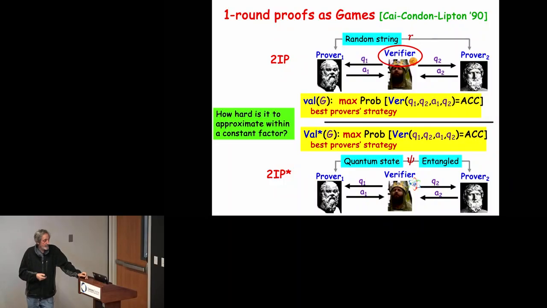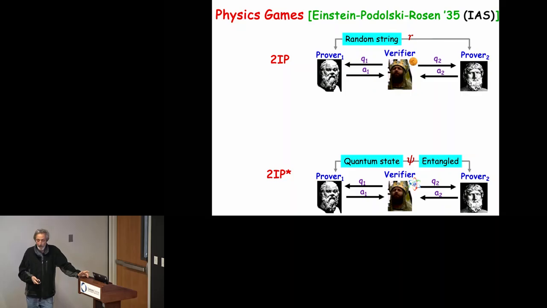For computer scientists, as I said before, the question is how complicated computationally is it to compute or to approximate these values, and we already know the answer to these questions. I mentioned it before. For physicists, the very same question came up a century ago. At the Institute, 1935, the famous paper of Einstein, Podolsky, and Rosen, EPR, was questioning the validity of quantum